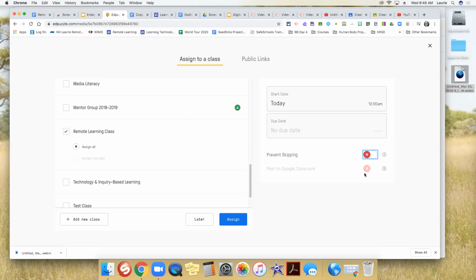So I just wanted to show you those two tips. Those are kind of like extra things. So when you're using Screencastify, you can go the extra way of using your YouTube channel to create things that you can then make playlists of. You can take your videos and embed them into a Google Slide so that you can have everything right in Google Slides for the students. Or you can put things in Edpuzzle and you can have students answer questions right inside of your video so that you know.